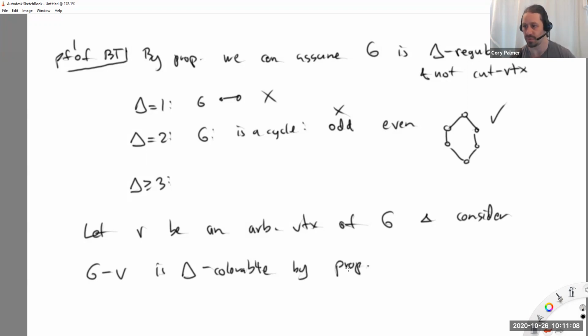right? If I remove a vertex from this graph G, so delta being at least 3 guarantees it has at least 4 vertices for one. But if I remove this vertex from it, the resulting graph has a vertex of degree less than delta. And it also has some vertices of degree delta. So it falls under the proposition's scenario. It has one vertex of degree smaller than another vertex. Okay, so we're going to use the fact that this has a delta coloring and somehow figure out how to